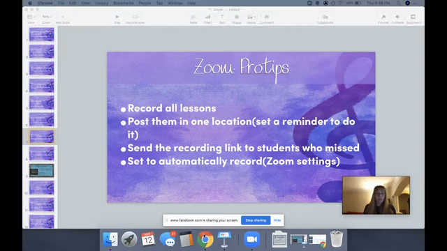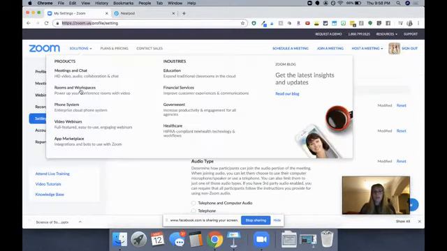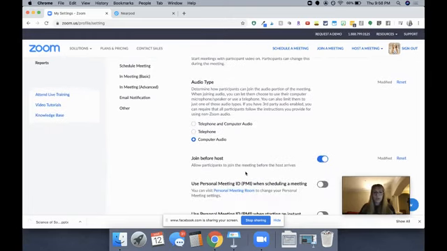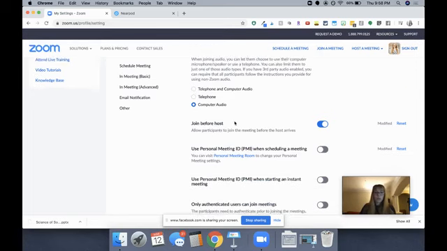And so I just wanted to show you Zoom real quick. Here it is. Okay, so the settings are just over on the left here. There are tons and tons of settings. If you want to have telephone enabled, make sure you click on this setting, telephone and computer audio, so that kids can choose either. This one, join before host. I do have this checked because